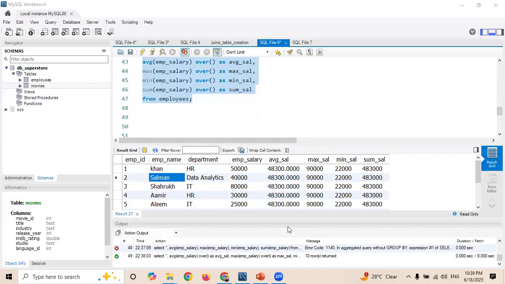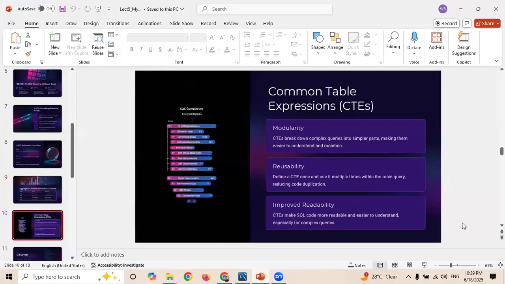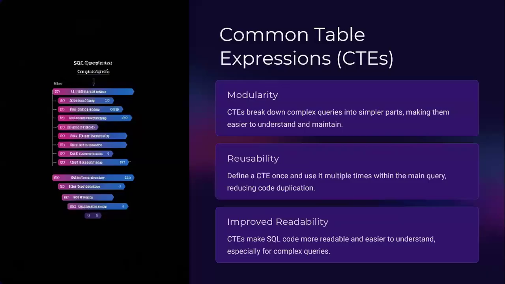Okay, good. Now let's move towards the next topic, that is common table expression. So why is a common table expression used, and what is its purpose? Basically, a common table expression will create a temporary table for you, a temporary table within a query. Its scope will last only while that query runs. When the query is completed, the scope of the common table expression will be destroyed. If I can simply define,